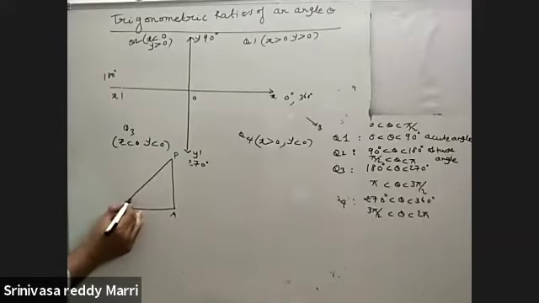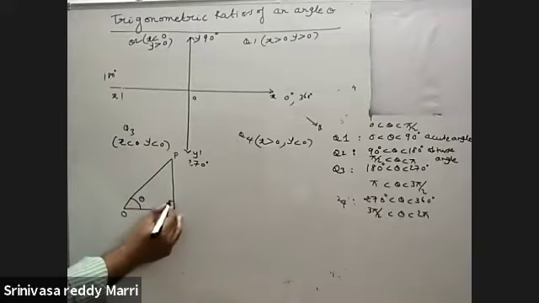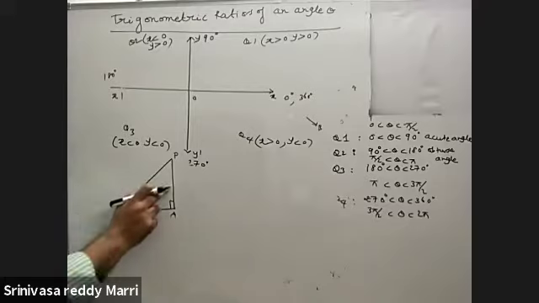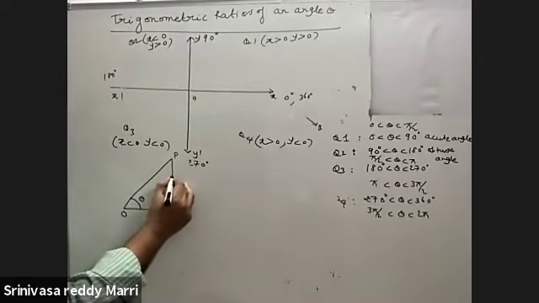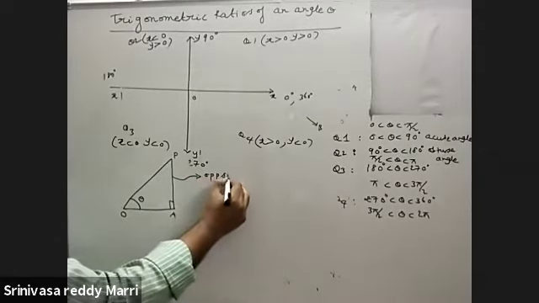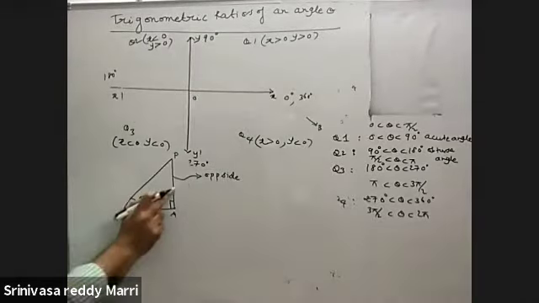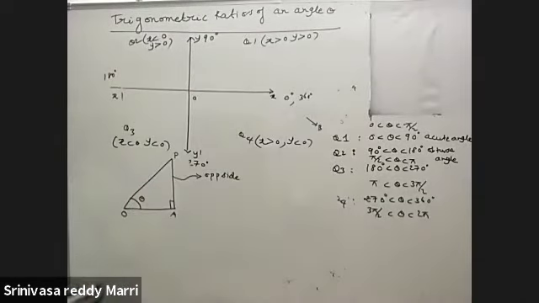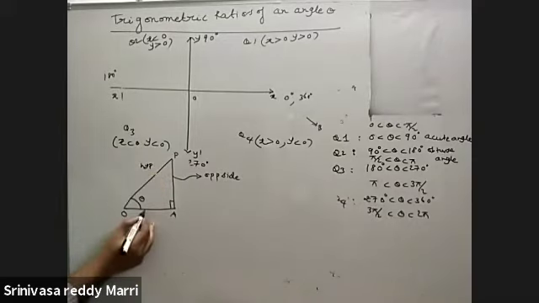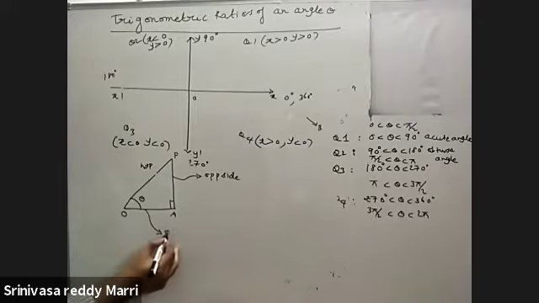Let us say this angle is theta. This is 90 degree. If this angle is theta, the side opposite to it is called the opposite side. This PA is called the opposite side. Opposite to angle theta, it is called the opposite side. This is the hypotenuse. Adjacent to theta, whatever side is there, this is called the adjacent side.